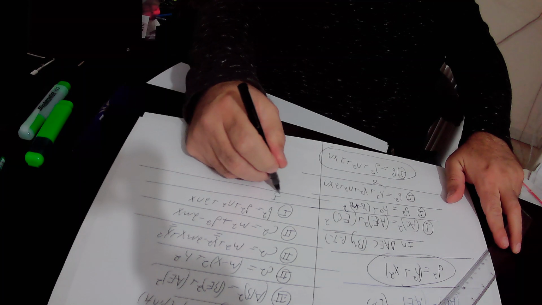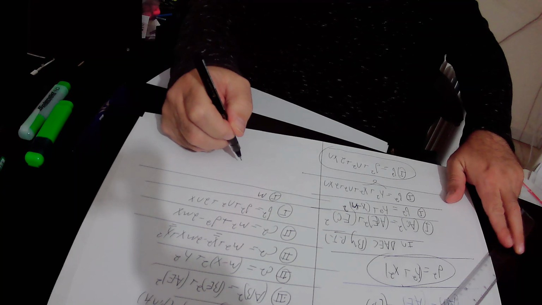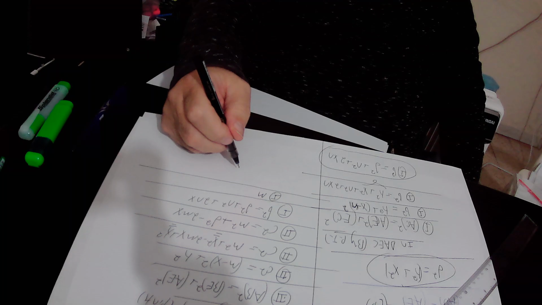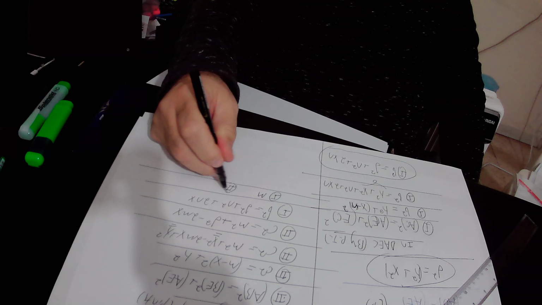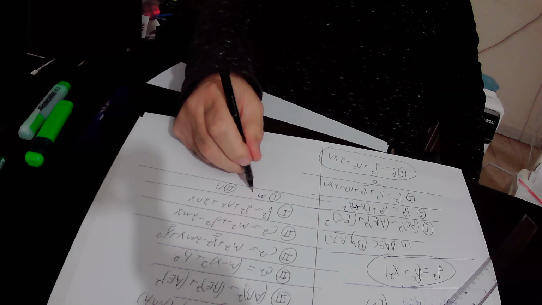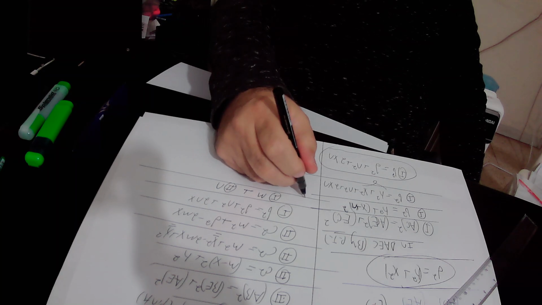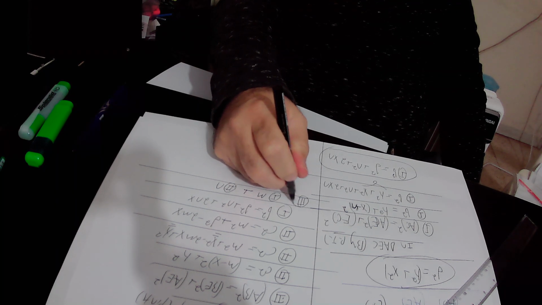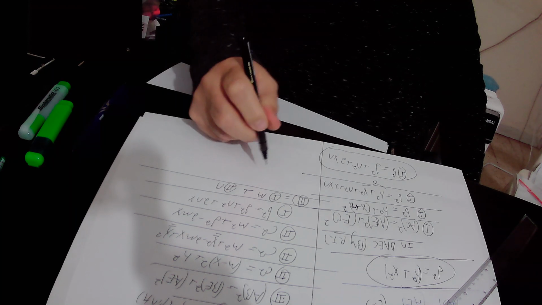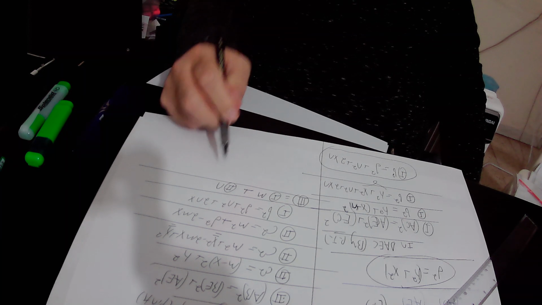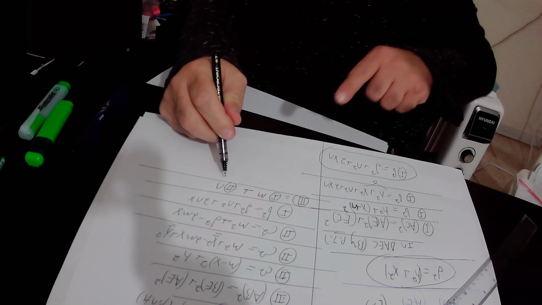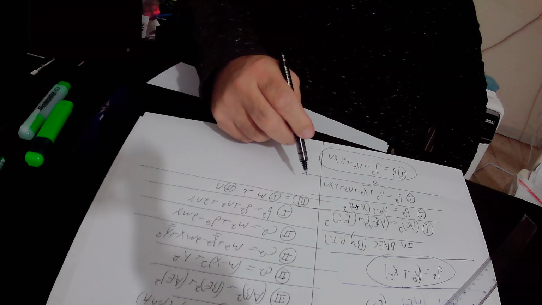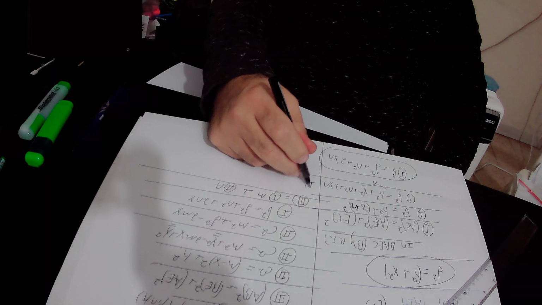multiply equation number 1 by m, and then we will multiply equation number 2 by n, and then we will add the two equations together. This will give us equation number 3. So equation number 3 is the multiplication of equation number 1 by m, then the multiplication of equation number 2 by n, and then the addition of equation number 1 to equation number 2. This is equation number 3. So according to equation number 3, we'll get that